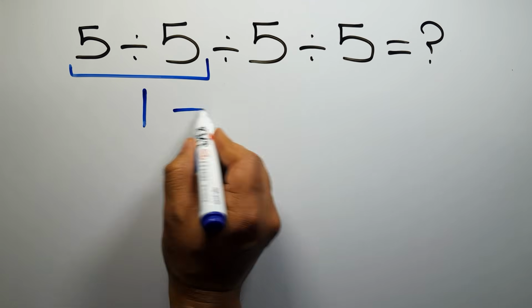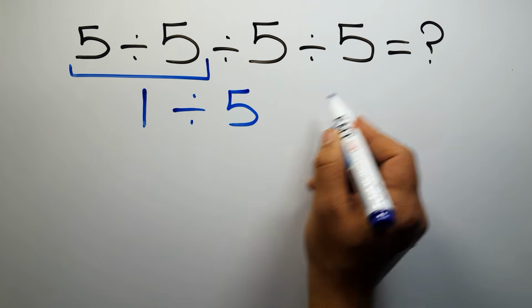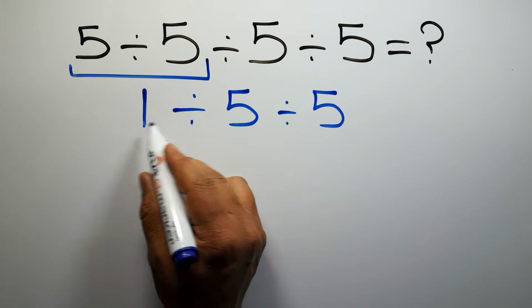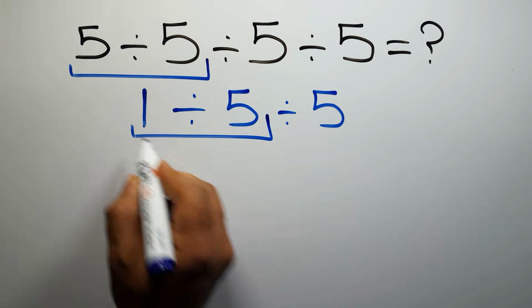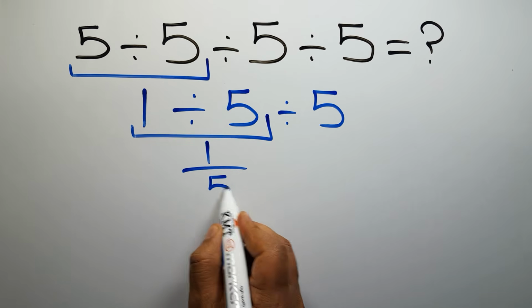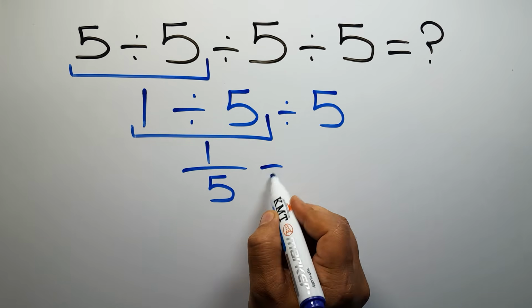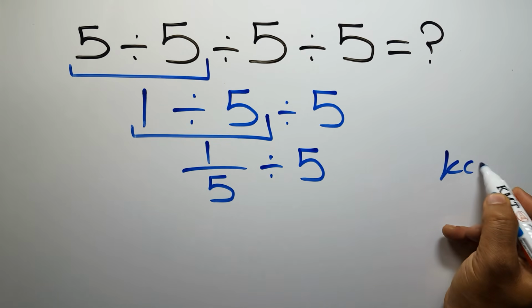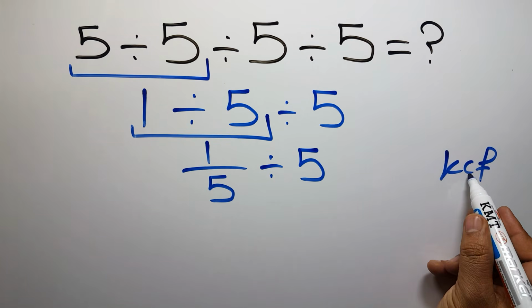So 1 divided by 5, and again divided by 5. Now we have to do this division. 1 divided by 5 can be written as 1 over 5. Then divided by 5. Now, according to the KCF rule, K stands for keep, C stands for change, and F